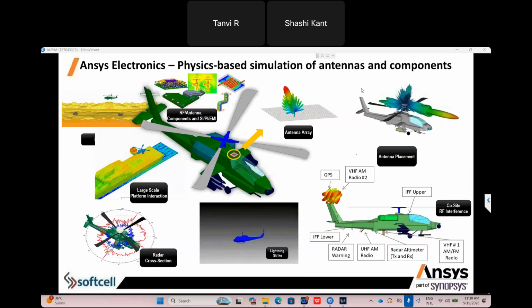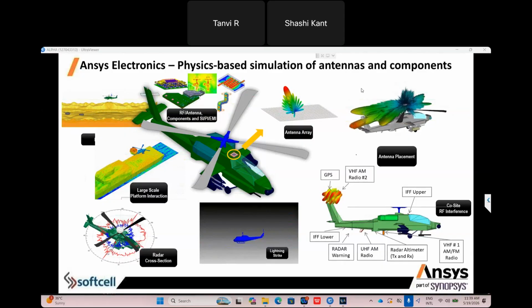Now Ansys electronics. So we have so many challenges in the terms of the antenna and SI and power integrity. Multiple challenges are there. Let's suppose sometimes we have a cloud or we have a fog, very dense fog. Because of that, the communication is getting broken. So we need to develop something which will have a good place for the proper communication of the IC. So what we can do, you can do trials using virtual simulation. You can identify a location of the antenna, but physically you would be placing the antenna at different locations. It will take a long time. So it can give you finalized results very easily.